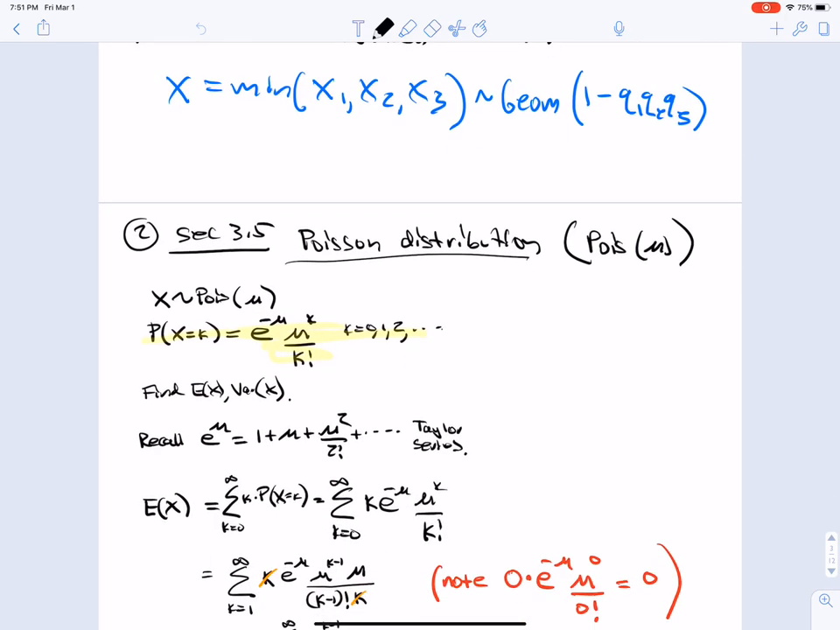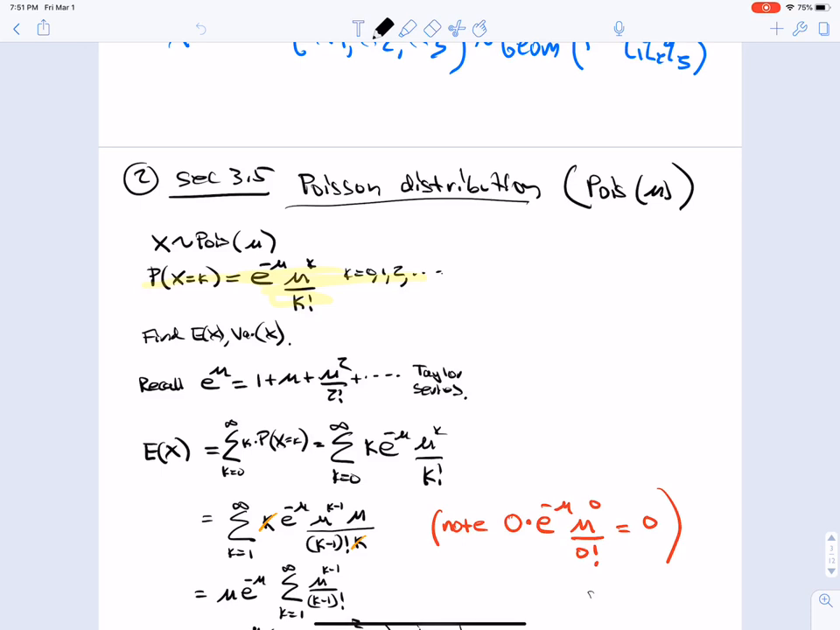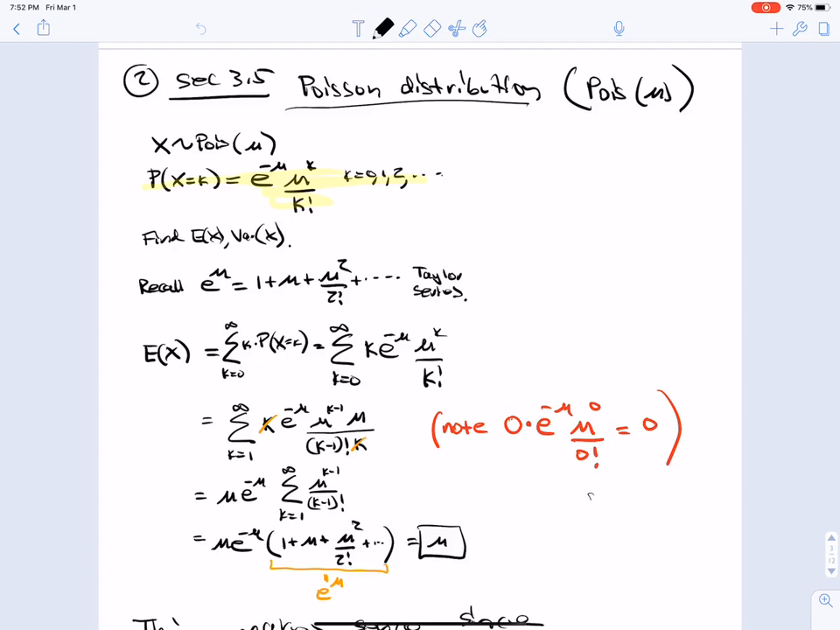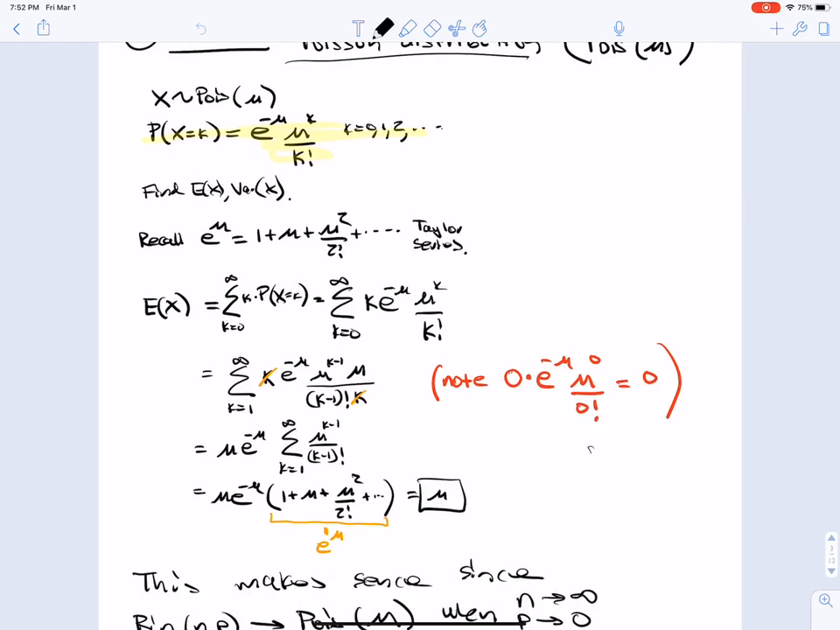So that finishes 3.4. Section 3.5 is about the Poisson distribution, or Pois(mu). So X belongs to Pois(mu). Then the Poisson formula is given here, and that's just the same formula that we had been working with in an earlier chapter. So let's find the expectation and variance. We want to remember Taylor's series for e to the mu is 1 plus mu plus mu squared over 2 factorial and so on. And so we'll just